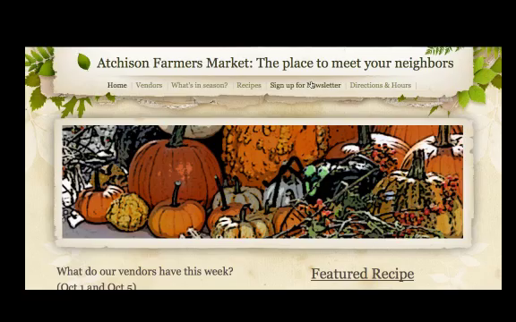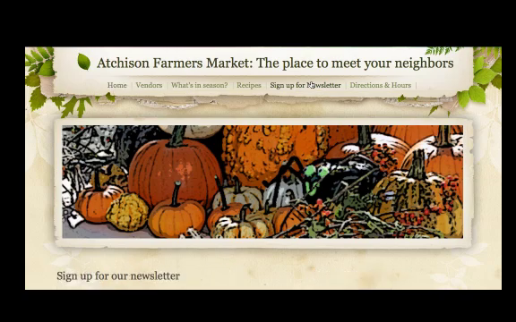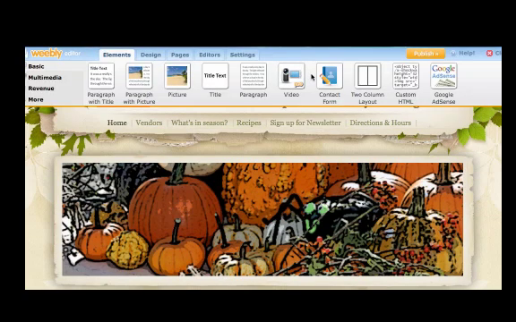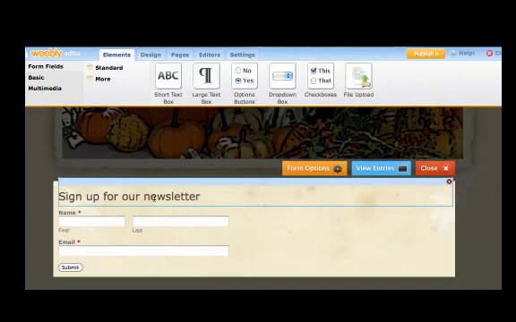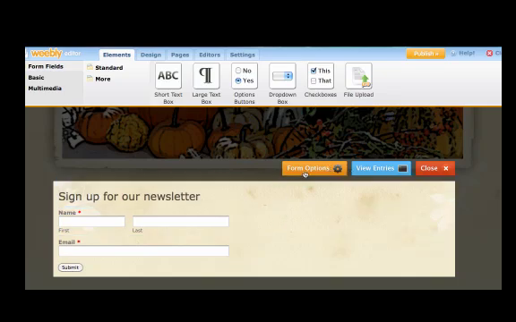Now, when you are editing the website, you can click on the sign up for newsletter tab, and you would click on the form, and when you click on the box, you'll get 3 other additional boxes above it: form options, view entries, or close. Since I just signed up for it, we can click on view entries,